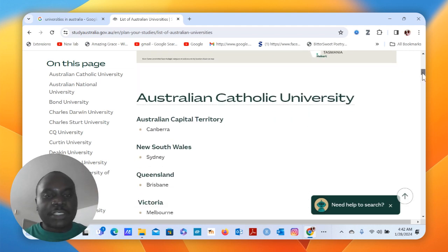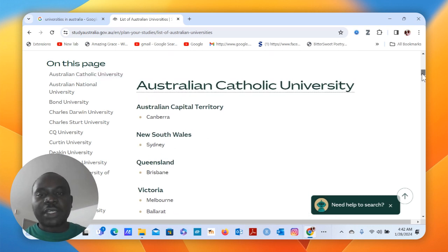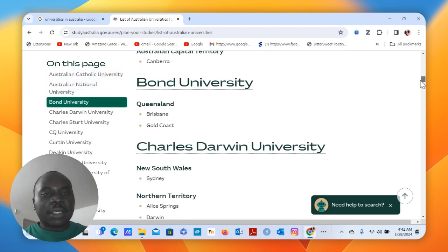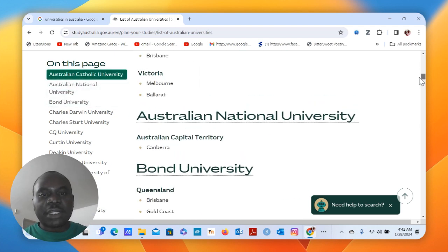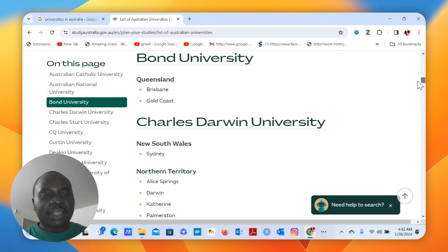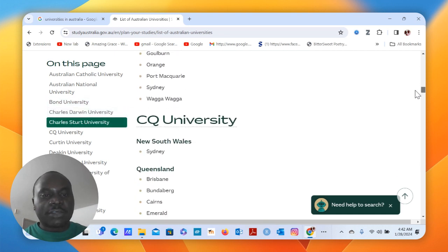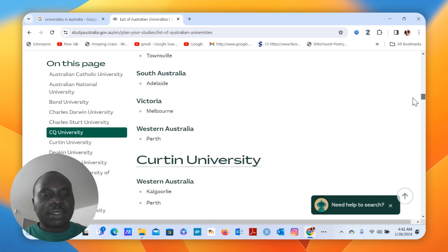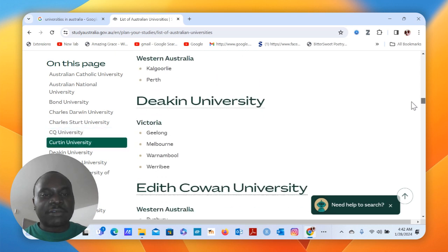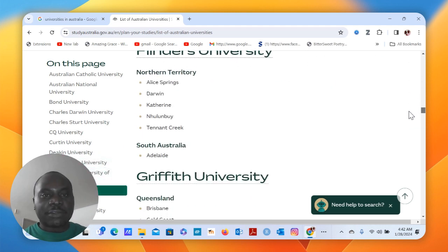So in terms of universities, you can see these different universities that are coming up here to say Australian Catholic University, and it's located in Canberra. And then we can see that there's Australia National University, and then there's Bond University, then there's Charles Darwin University, Charles Sturt University, CQ University, then Curtin University, Deakin University, Edith Cowan University, Federation University of Australia, Flinders University,